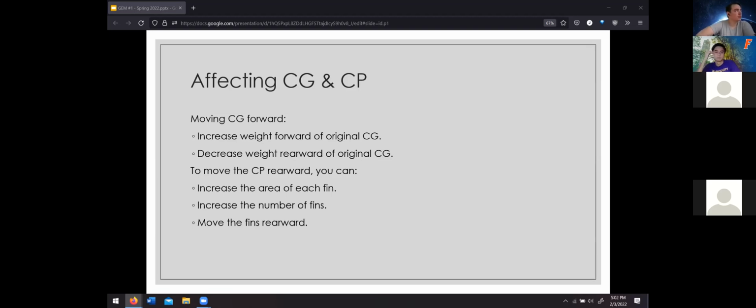Moving the CP back, which is ideal. So basically what this slide is telling you is that you either move your CG up or your CP, your center of pressure, back. Ways to change your center of pressure, as we mentioned earlier: increasing the area of your fins will drastically affect your center of pressure and your stability. That's the number one way that, at least, I recommend to affect your CP when you're designing later